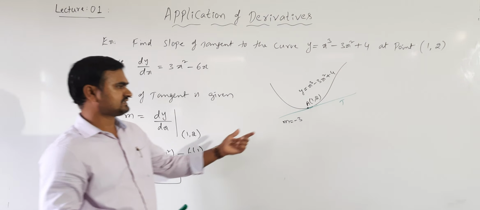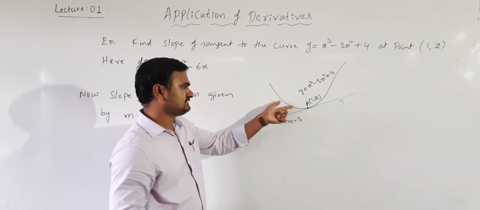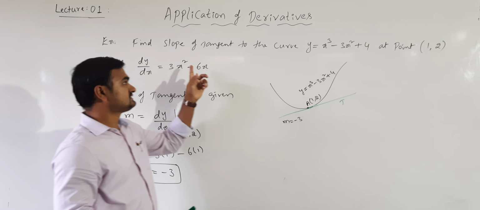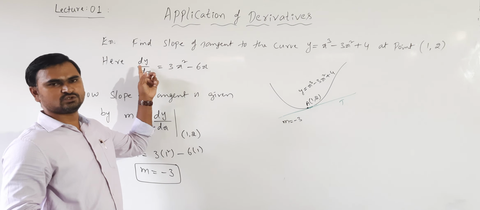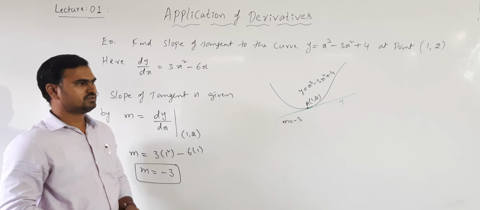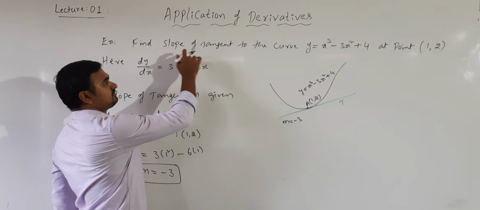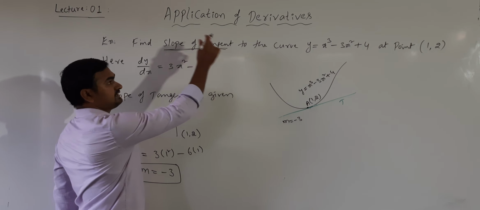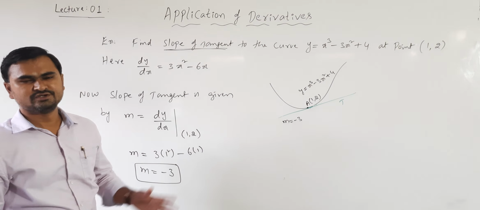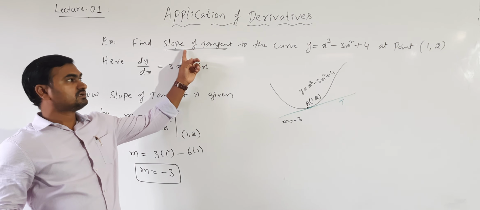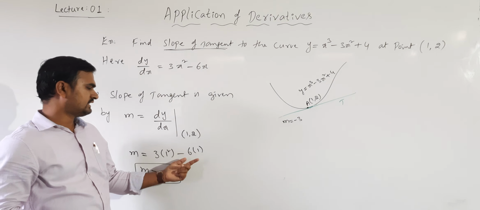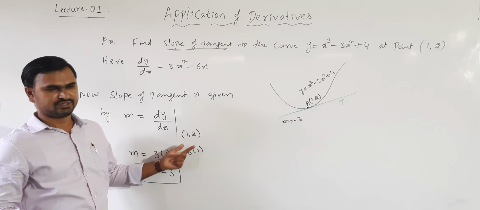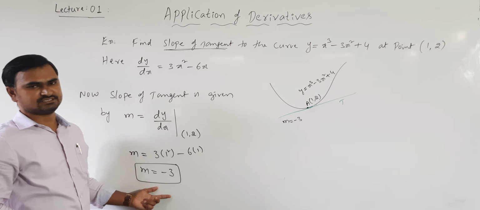Okay. So as we discussed, when this point is changing, so point changes means x value changes, x value changes means slope also changes. Okay. So remember that slope of tangent. Okay. Everywhere in tangents and normals we will be using this concept always. The slope of tangent is always given by the derivative at that particular point. Okay. This is the slope of tangent.